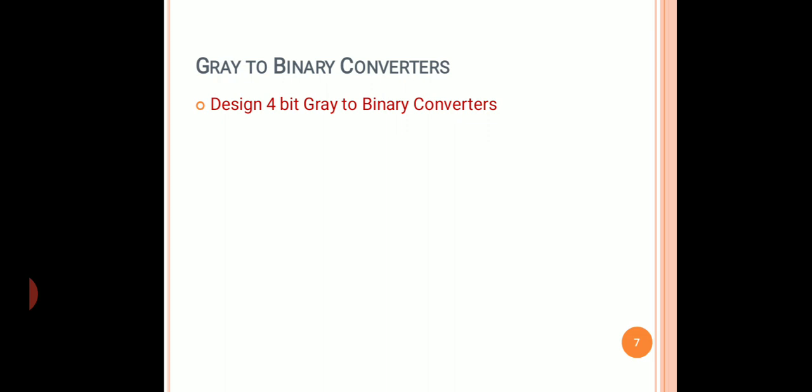The next bit of the gray code, B3 XOR with G2, is equal to B2, and then B2 XOR with G1 will be equal to B1, and then B1 XOR with G0 will be equal to B0.